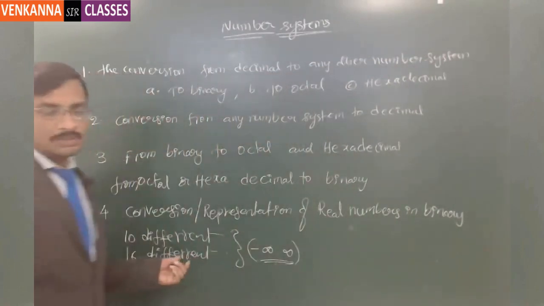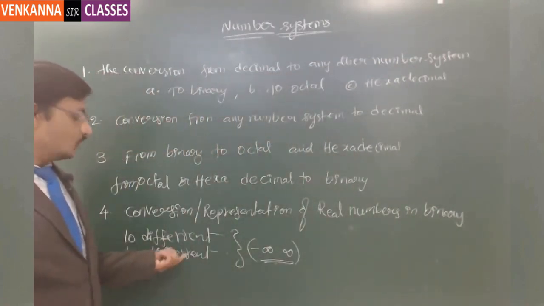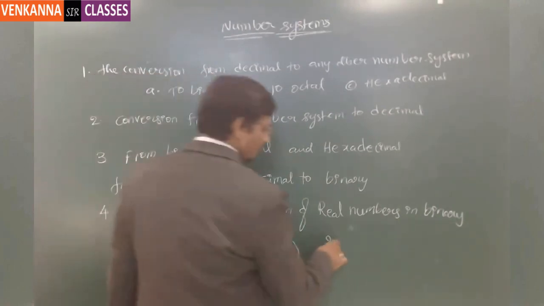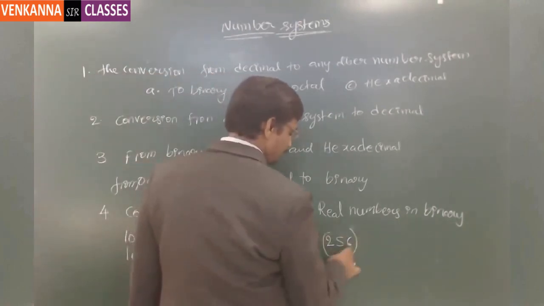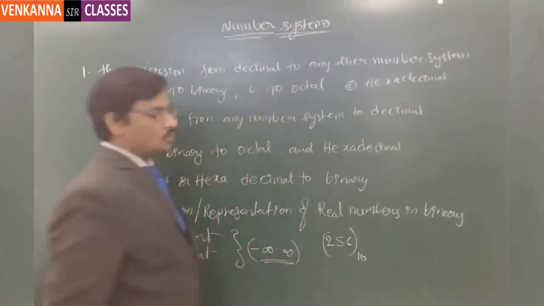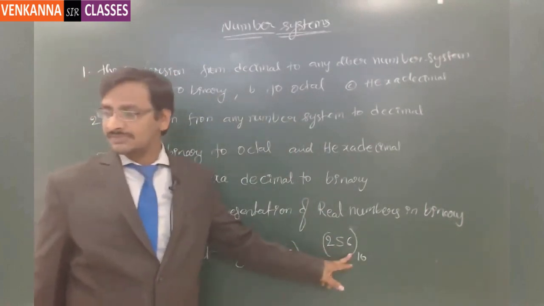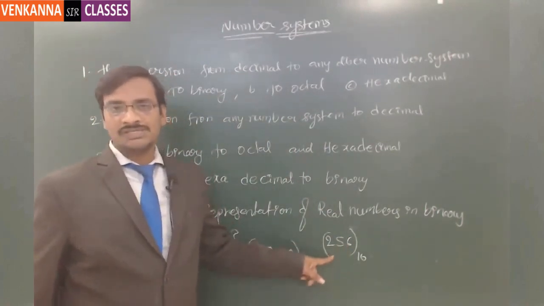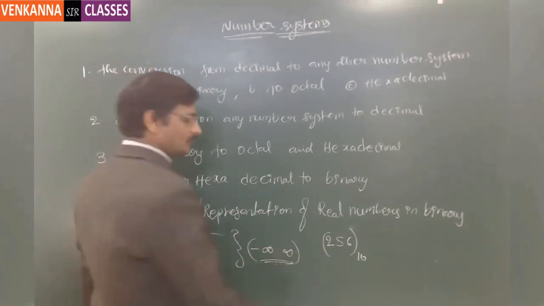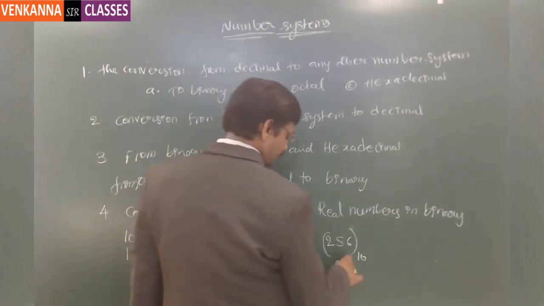If you want to represent 256, in decimal you are using 3 different digits to represent 256, but in hexadecimal number system, we will be representing this as